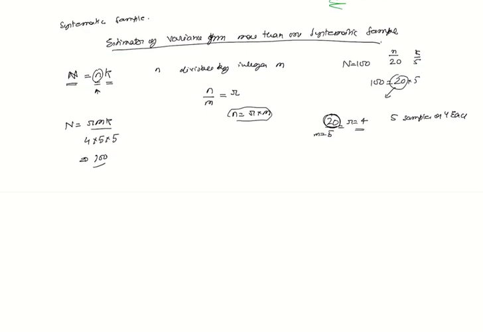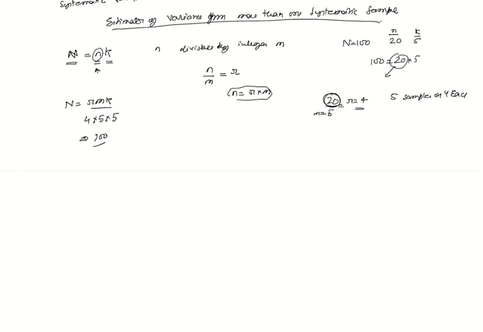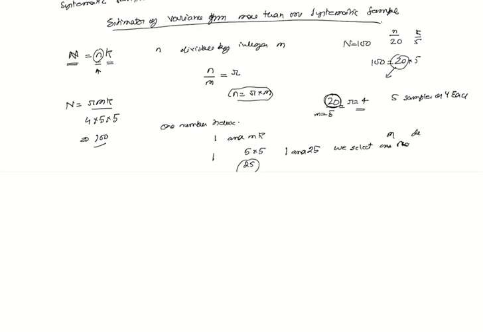So how do we select more than one systematic sample using this process? What we do is we select numbers between 1 and mk. In this example, m is 5 and k is also 5, so the range is between 1 and 25. We select not one number, we select m distinct numbers randomly from this. So m is 5, so we're going to select 5 distinct numbers,